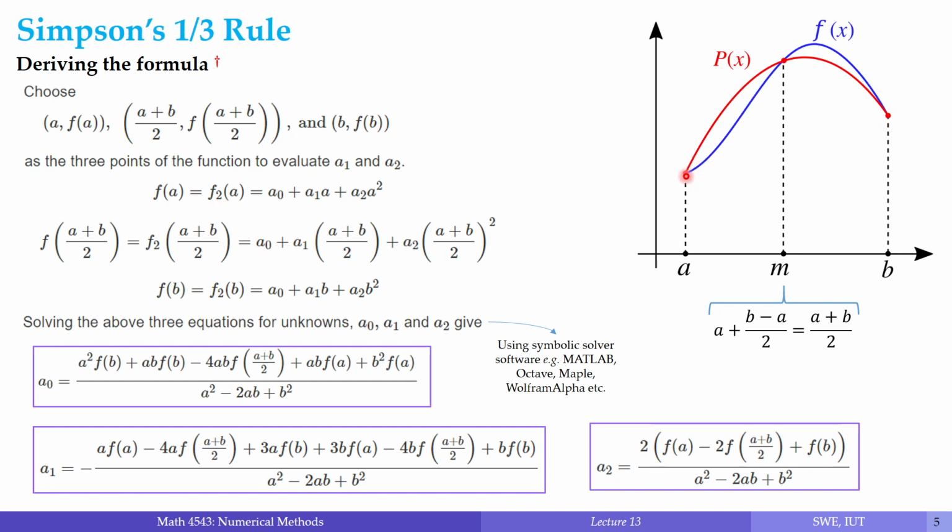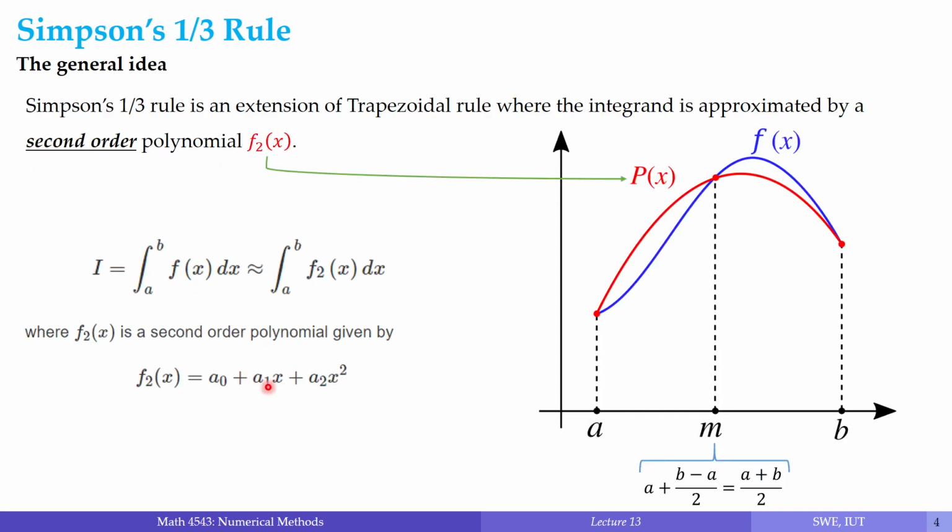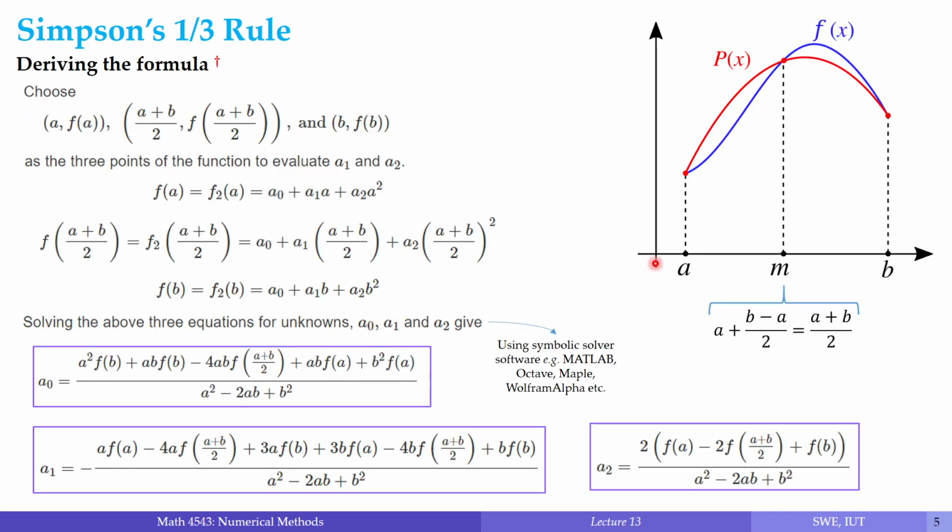So this is the same point; the original function and the polynomial both pass through this point. So you can say that one equation is a0 + a1 times a + a2 times a squared, right? Because we are simply plugging in the value a, or the symbol a, in place of x. So we originally had x. Now we know the value of x to be a, so we just plug in the value a over here. We end up with one equation,